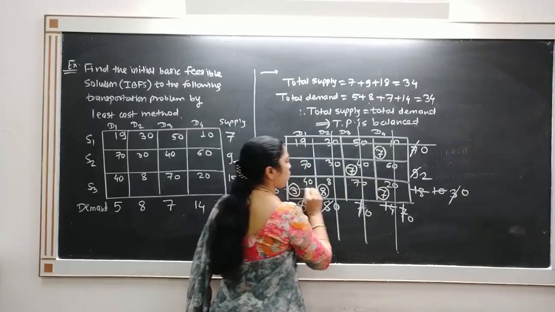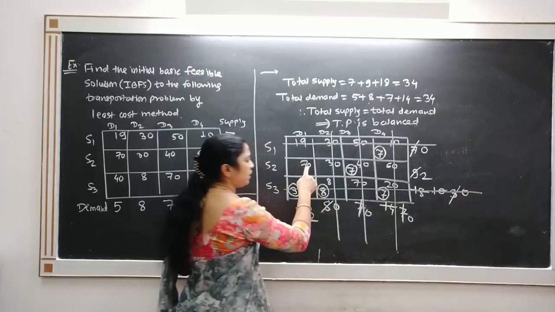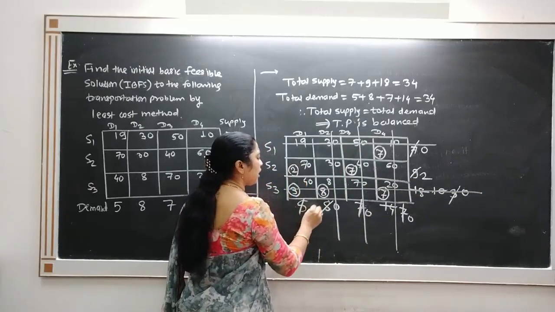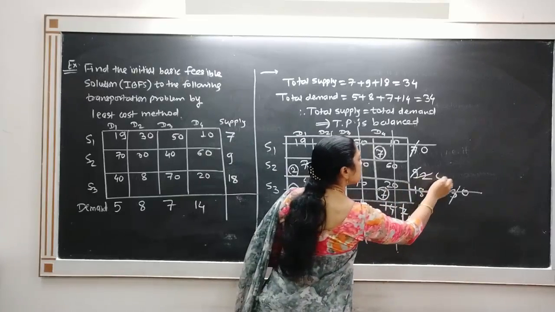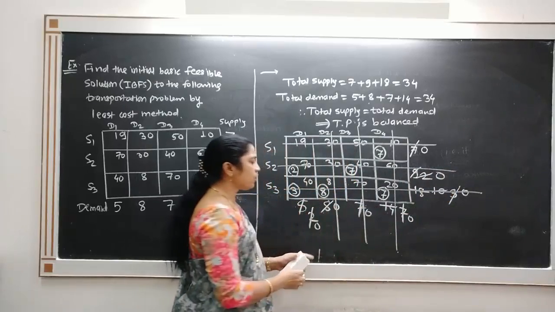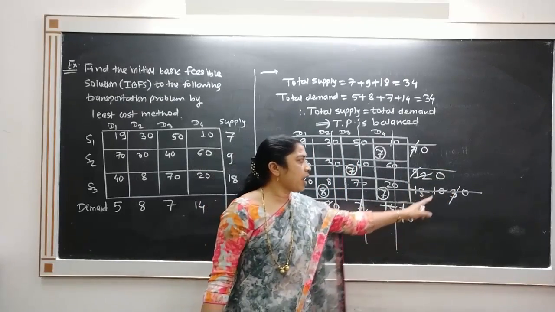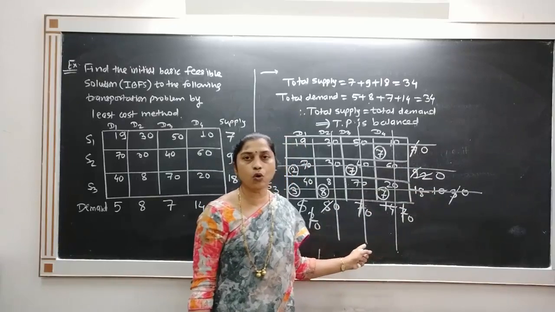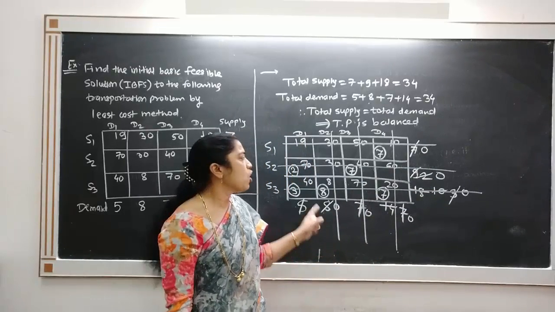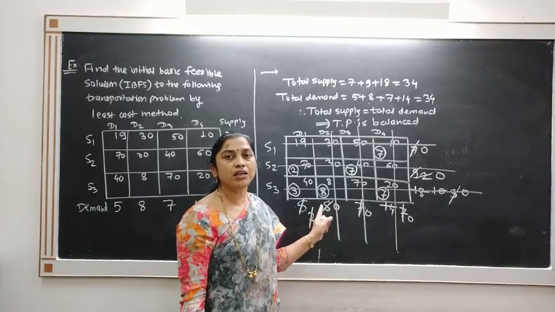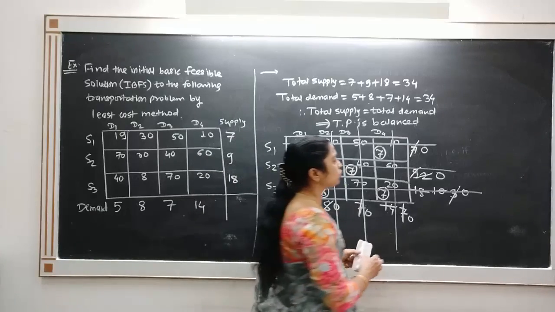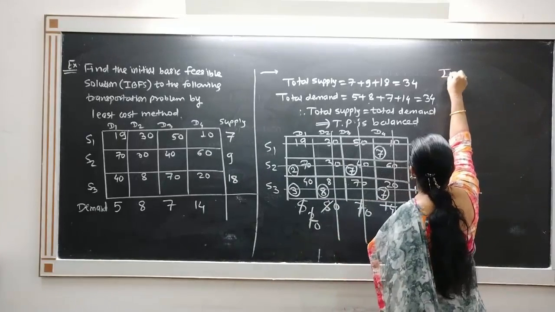Because this row is crossed out, the last element is 70, the minimum is 2, so 2 is allocated, remains 0, remains 0, cross out either row or column. Observe that all the demand and supply become 0, that is, all demand and supply conditions are satisfied. So this is our final initial basic feasible solution. Now write down the solution. So what is the IBFS by this method?